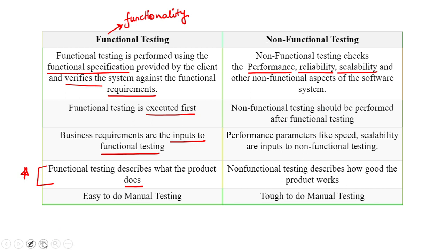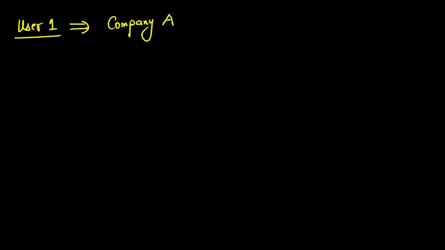Obviously, if you take an example, suppose there is user one. User one says that he went to company A. Now he told this company A to create a software for me, or build a software for me. The requirements are that the software should be able to do all mathematical scientific software calculator, you can say, like it should be able to calculate log, it should be able to perform your trigonometry functions, right?